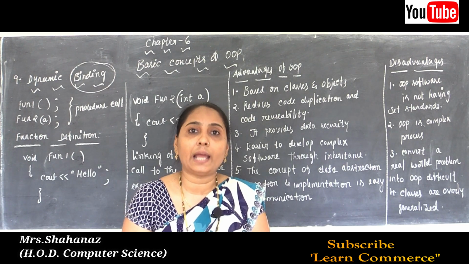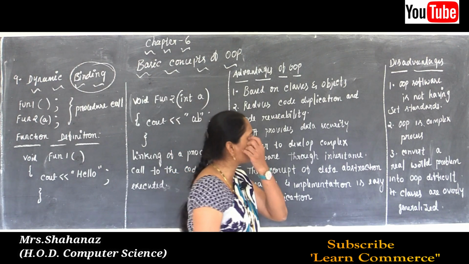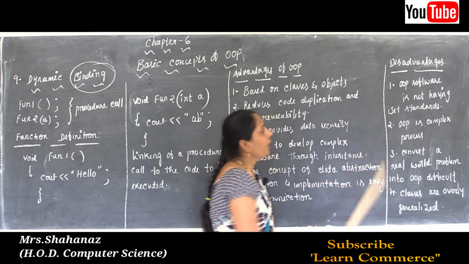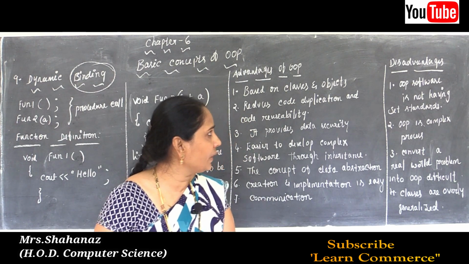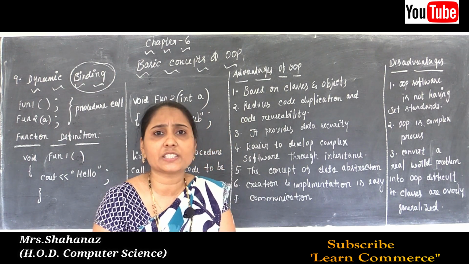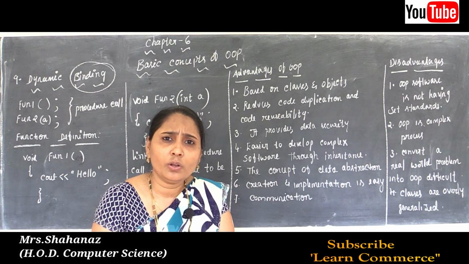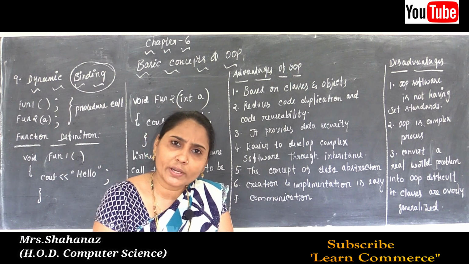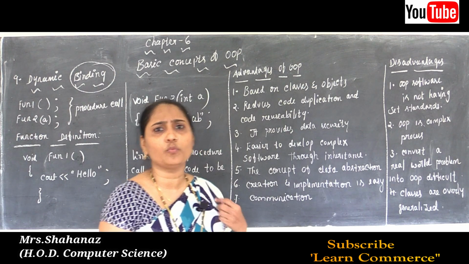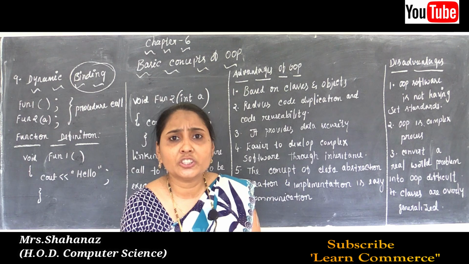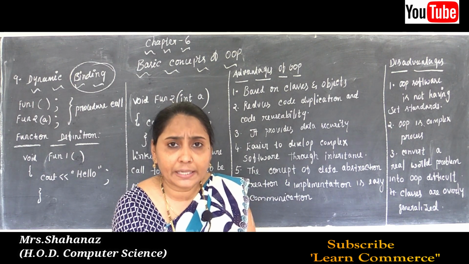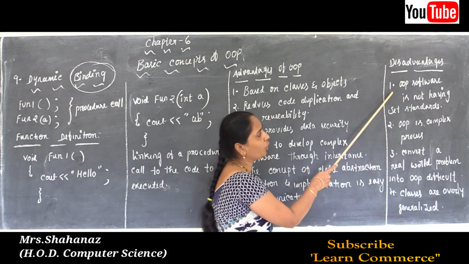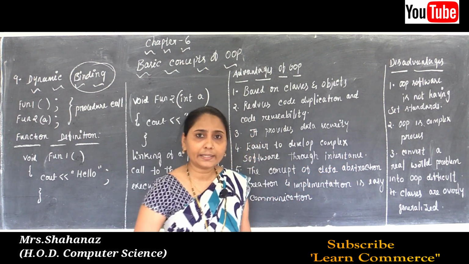Correct? We can accept such a programming approach, but also we can mention some disadvantages of object oriented programming. Object oriented programming software does not have a set standard. Why? Because we still need some development in the program. The software is good, but sometimes it does not work with other features. We still need some development in the software. So the first disadvantage: OOP software does not have set standards.